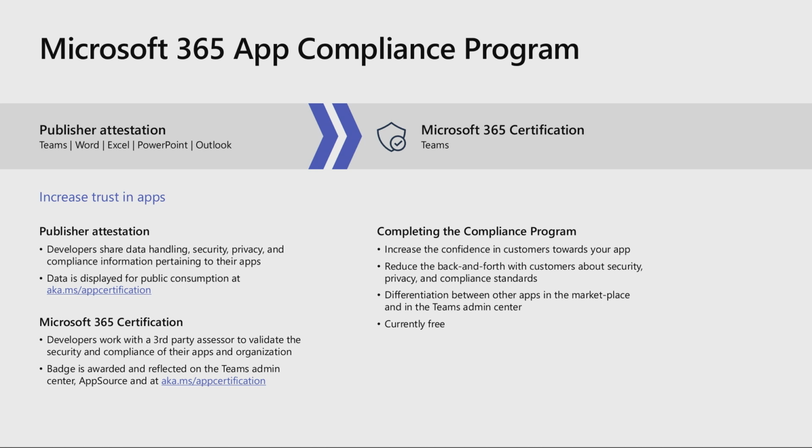The data is then published and a link is provided to that assessment from Teams Admin Center and App Source. Currently, attestations are accepted for Teams, Word, Excel, PowerPoint, and Outlook integrations. The app publisher will then be invited to participate in the Microsoft 365 certification, the second tier, after they complete